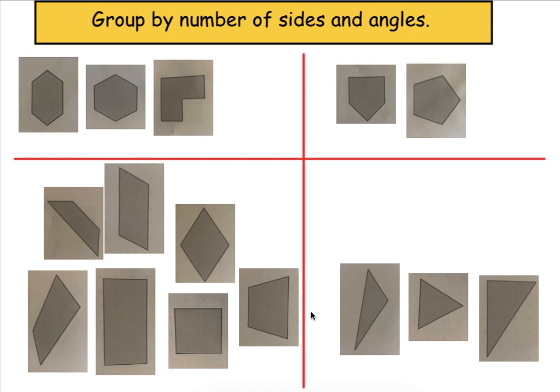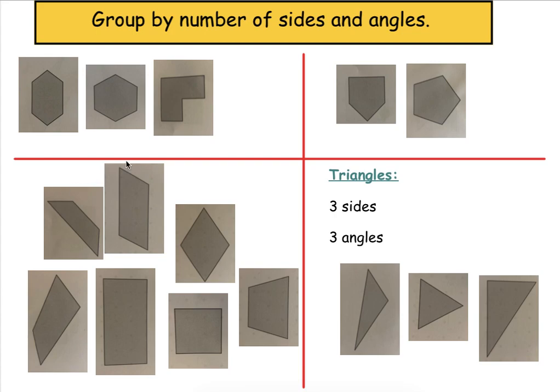You might notice I have 4 groups. This group of shapes right here have 3 corners, 3 angles, or 3 vertices, and 3 sides. You might know the name of that polygon. That polygon is called a triangle. Triangles have 3 sides and 3 angles. Looking at this group of shapes,